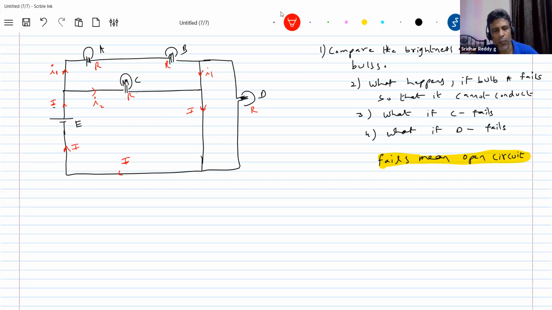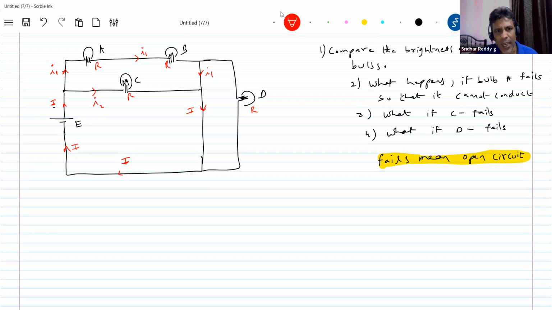No current will flow through this. Anybody? Why will no current flow through the bulb D? Because there is a short circuit path, no? Shall I say it's shorted? Shorted means not damaged. The wire will not permit because there's a low resistance path. Here you have a low resistance path. No current will pass through this bulb here, and there's a current I1. See, you should have patience, nothing else there. Just divide the current through all the branches.